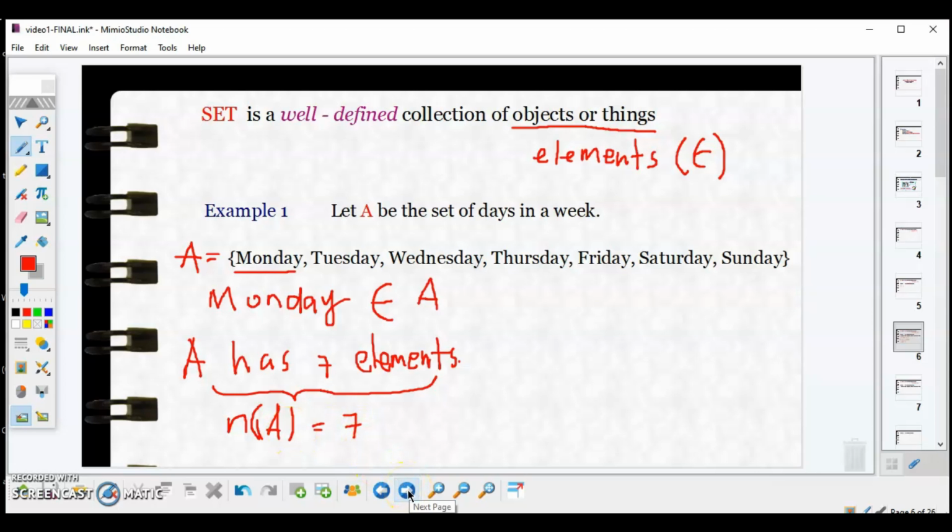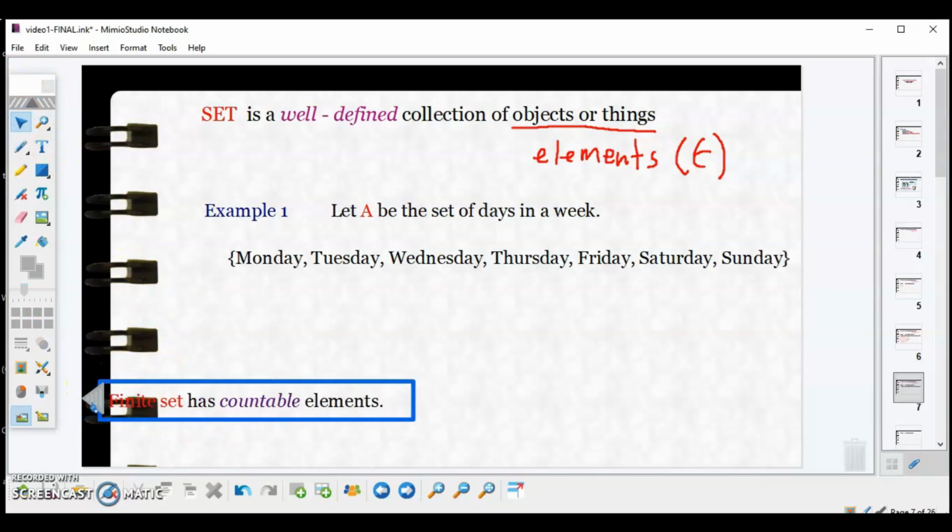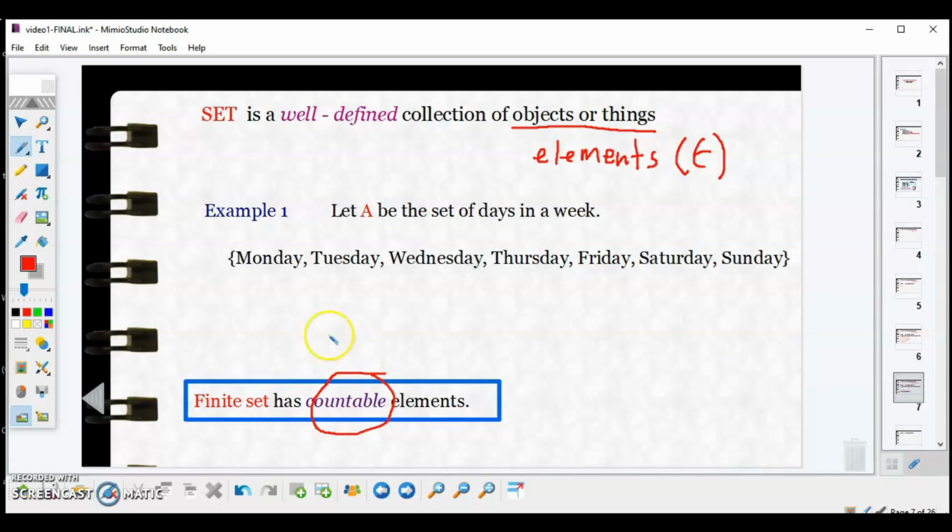Okay? Now, since we can determine the exact number, or the cardinality, of the given set, we can identify that set as a finite set, because from the definition, a finite set is countable. When we say countable, you can count the number of elements. You can determine the cardinality. Okay? Next,